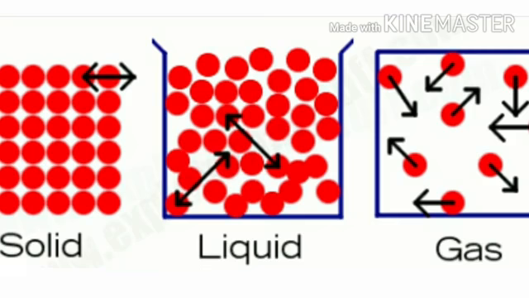So when we provide heat to a solid, the molecules nearest to the source of energy become hot first, and slowly when they are fully heated, the heat is passed to the nearest other molecules, and after some time the whole solid becomes hot.